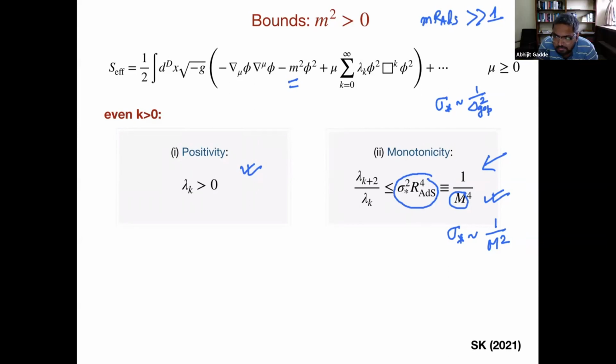So if I did not have that flat space argument at all, then I had no way of knowing how to relate this M with the cutoff scale of the